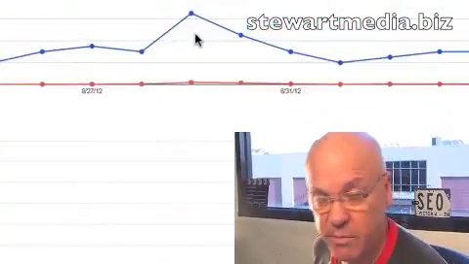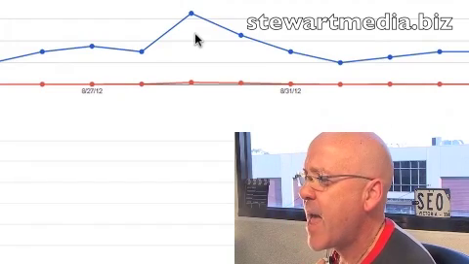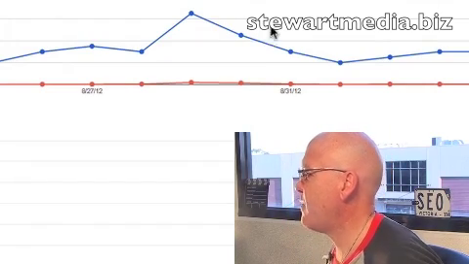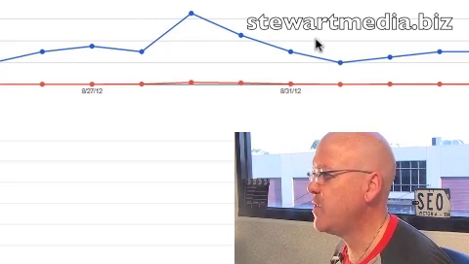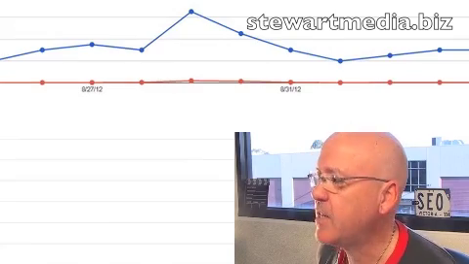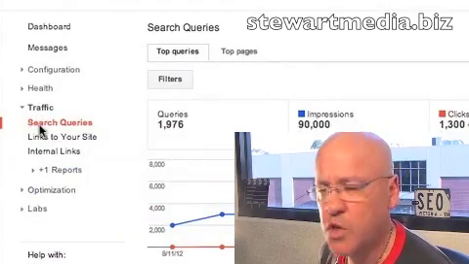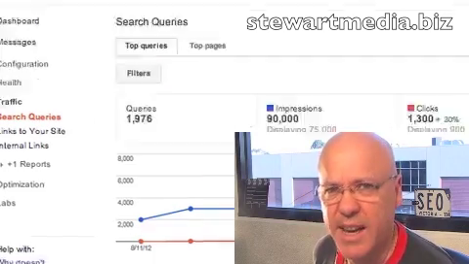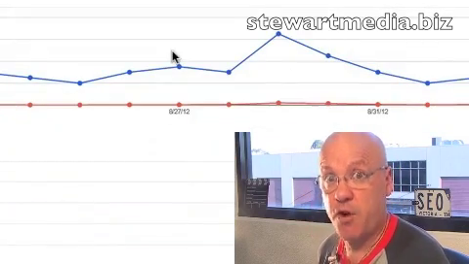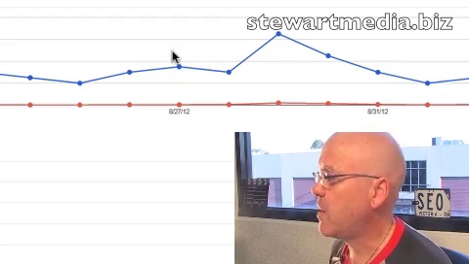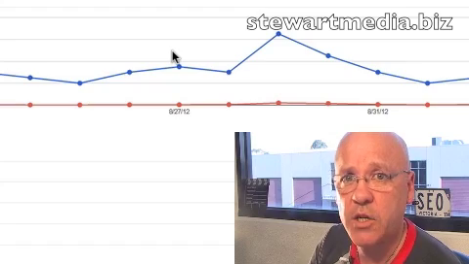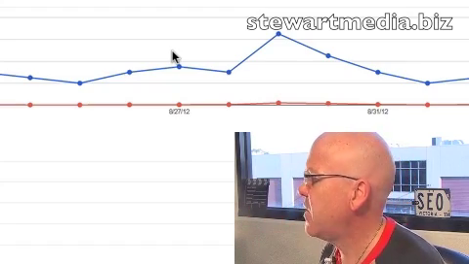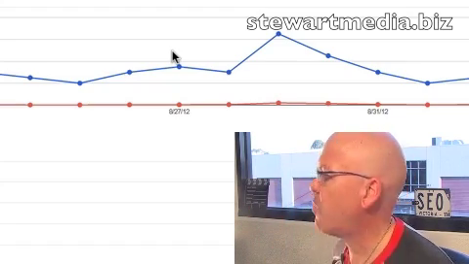I know that is because of this massive spike in our traffic right here, which was when we started talking about it. And if I go and have a look to find out what this massive spike of traffic was, this is Google Webmaster Tools, okay? So I'm in Traffic, Search Queries. Now, the blue line represents actual search impressions, not clicks. So remember, unless you've got this hooked up into your Google Analytics, you're not going to see this information in Google Analytics. And this is the stuff where you can find some gems that you might want to rank for.